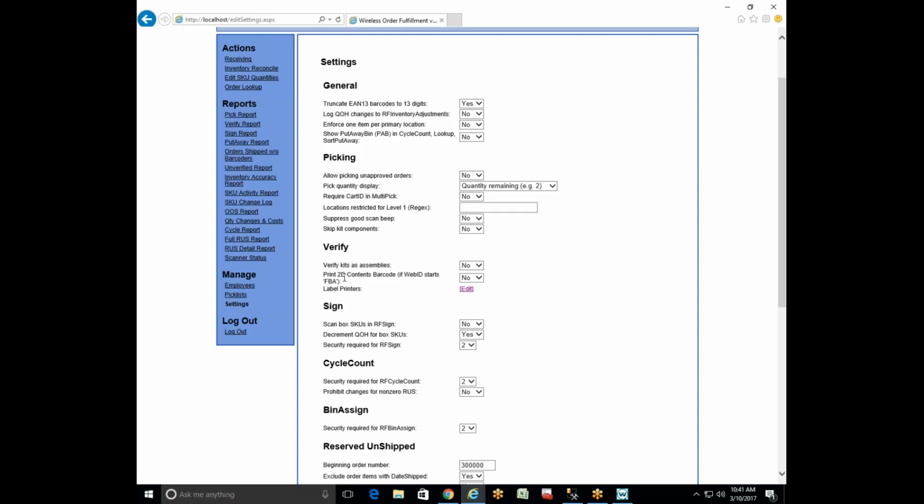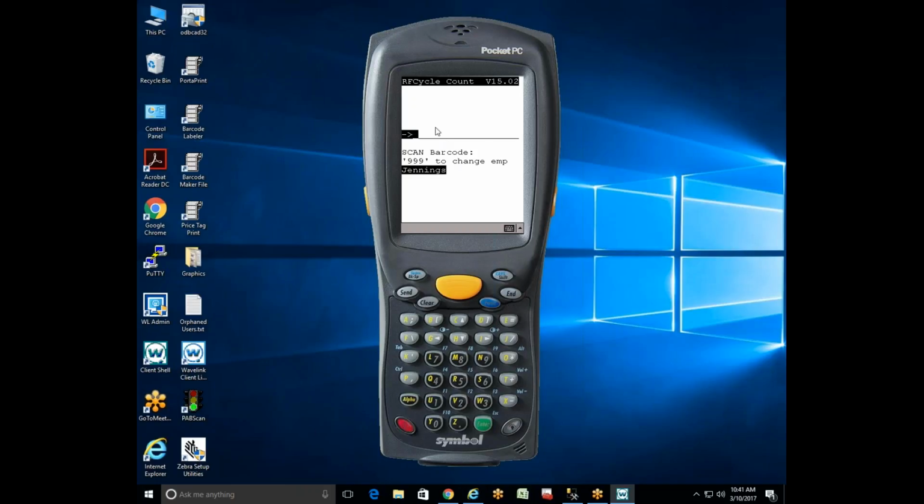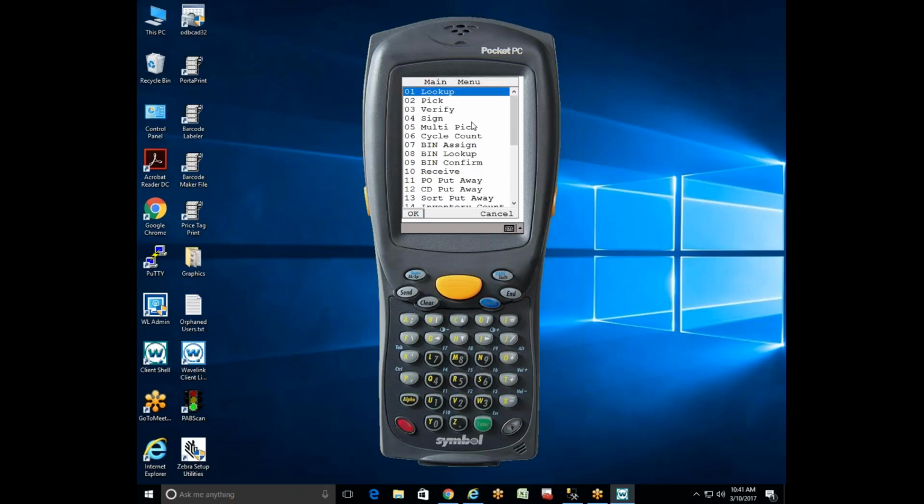two additional fields. One says print 2D content barcodes if web ID starts FBA. So in the web ID of the StoneEdge database, if that web ID for that specific item, that order, I believe it is, starts with FBA, then it will allow you to generate a label at the verify step. Now, that's the only place that we could determine where this was appropriate to add. So you would need to use our program called Verify,